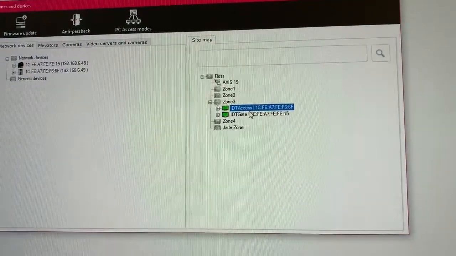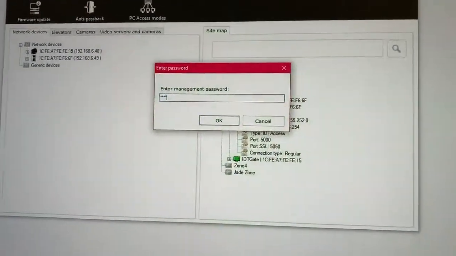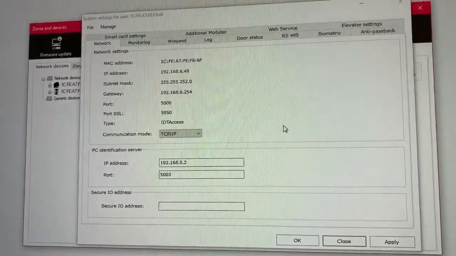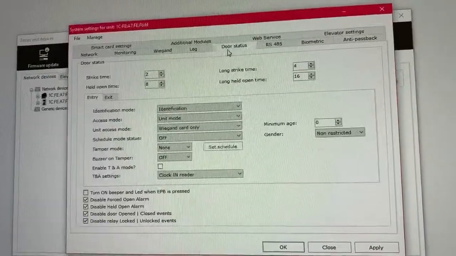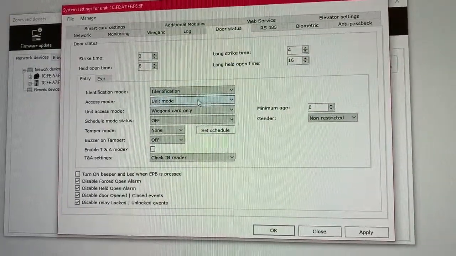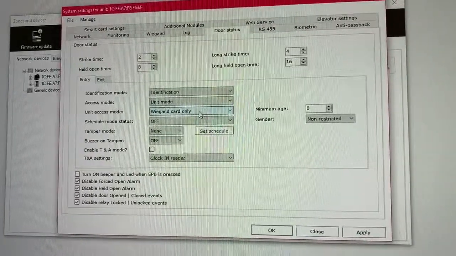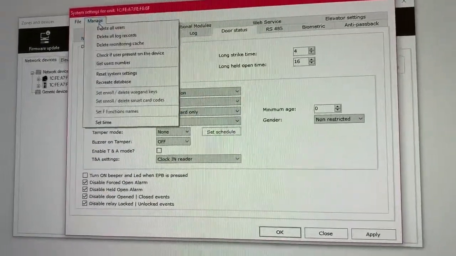So here we can see the access and the gate. We're going to open up the access unit system settings. We're going to see that I've set door status here. It's in identification mode. It's in unit mode. And so it's only going to be accepting a Wiegand card input. Just to make sure we're showing,